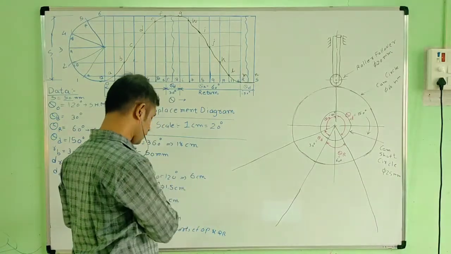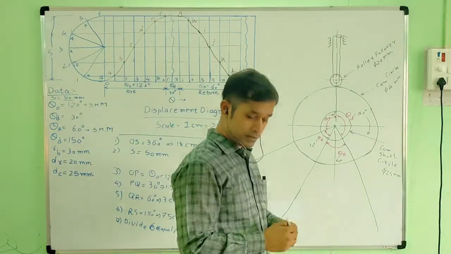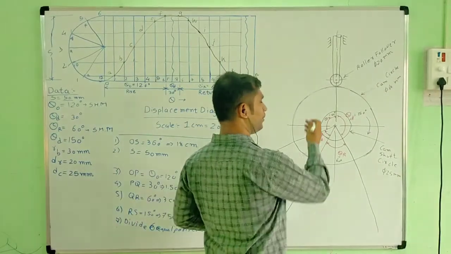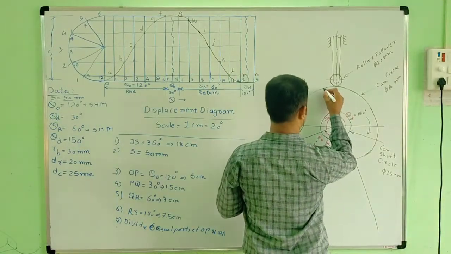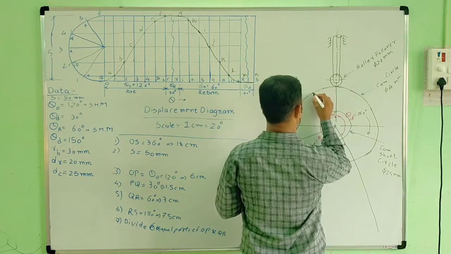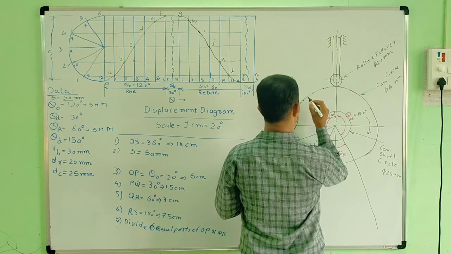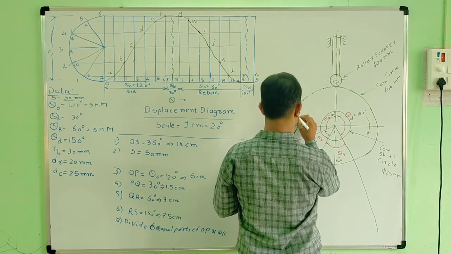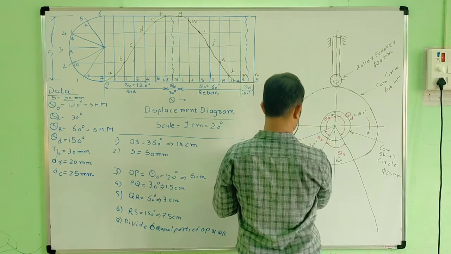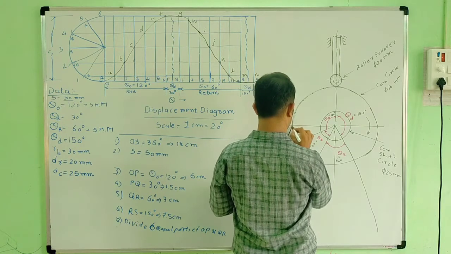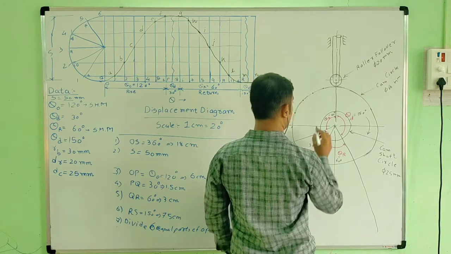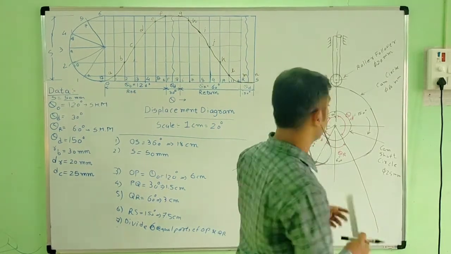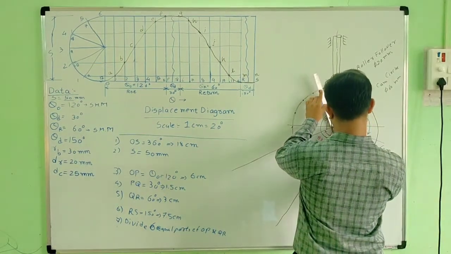Now divide into 6 equal parts. Okay. So how do we make 6 equal parts? Simply 120 by 6, 20 degree. Okay. So 20, 40, 60, 80, and 100. Okay. Then what happened? We have to draw a line from this point and